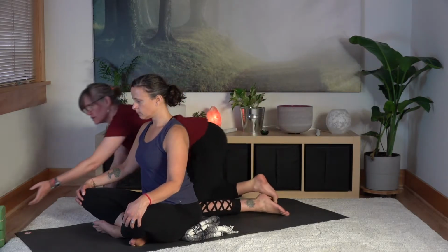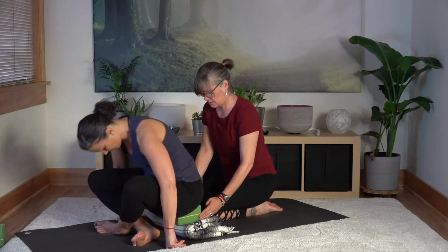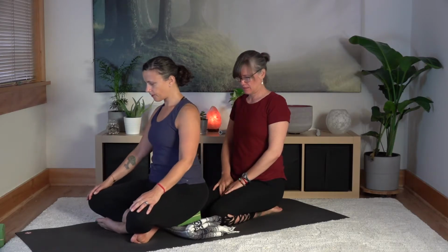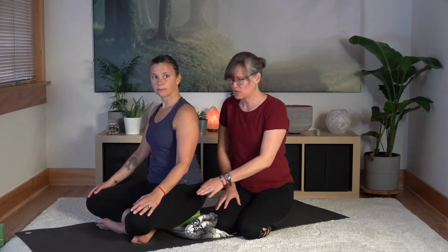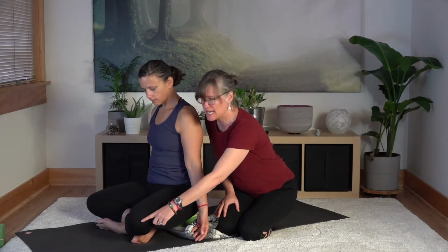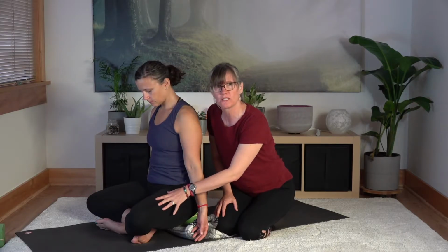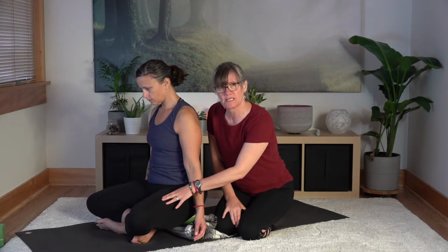Another option that Kathy uses a lot is to sit on a block sideways. So go ahead and adjust that so that feels better. That feels good? So you'll notice with that, that's usually the seat that she takes. Her knees have dropped down a little bit. Go ahead and move your hand for a second. Her knees have dropped down a little bit. She has a little more space, a little bit broader base, and she's able to sustain this for a period